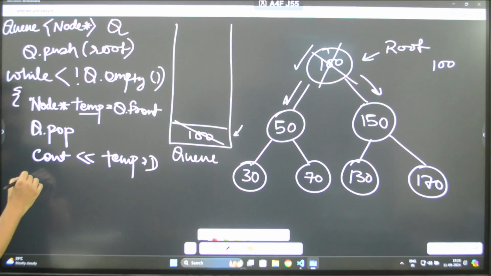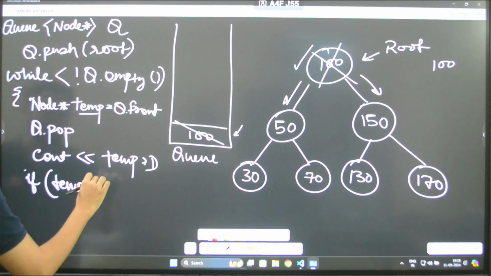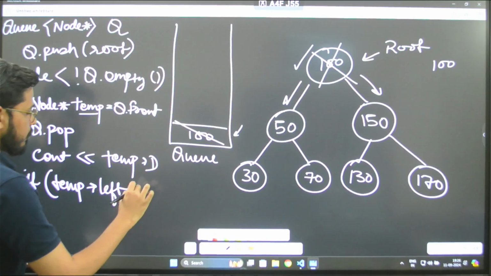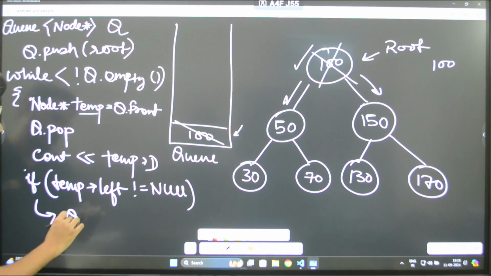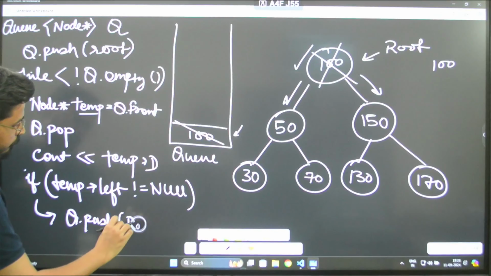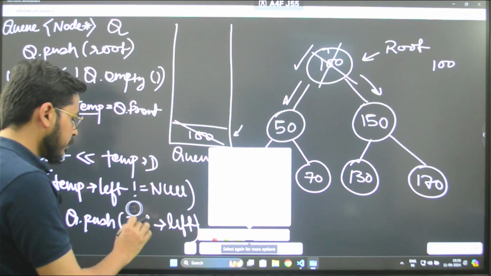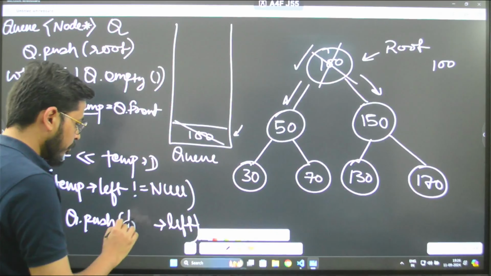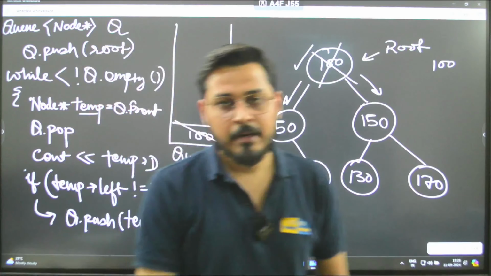You will check if temp of left is not equal to null, that means the left node is present. In that case, what do? You will say queue dot push root of left, like this. Continuously you do it. This is not root, but this is your temp of left. You got my point? Like this. Now the same thing you will do for the right hand side, and that will be updated in